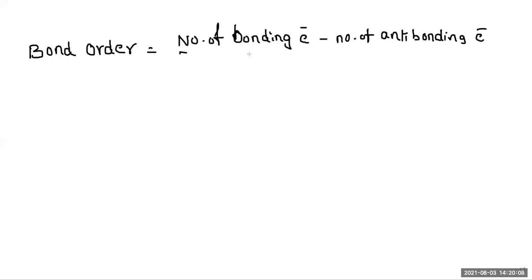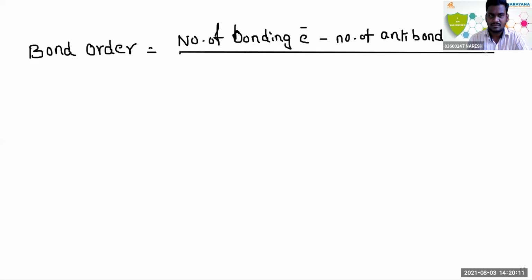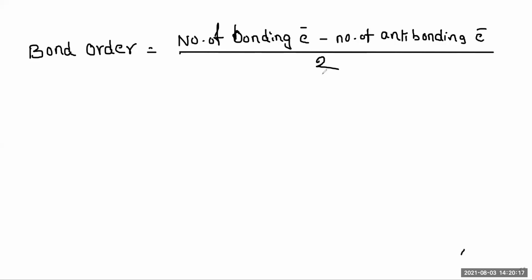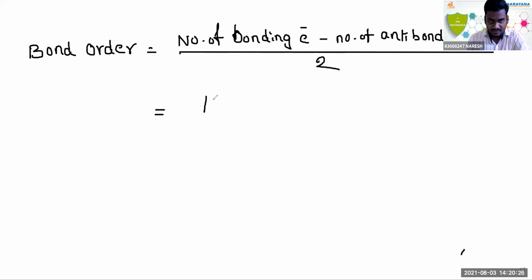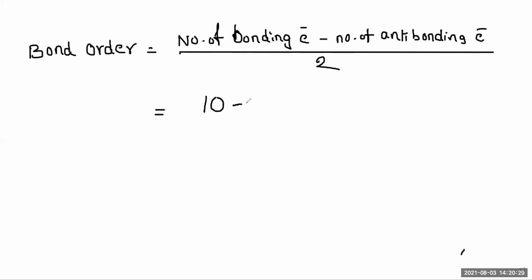Now, what N2 value did you get, ma'am? The bond order answer is 3, correct? Sir, the final value is 3. Tell me the number of bonding electrons first. 10, sir. Number of bonding electrons is 10. Very good. 10 minus the number of anti-bonding electrons. From the diagram, 1, 2, 3, 4. Answer 4, sir.